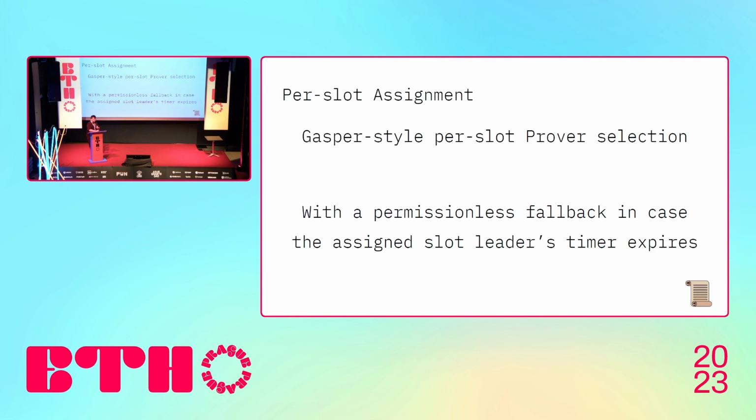Whereas for us, if you miss your slot and don't submit a proof, then essentially no other person can submit proofs for batches that are built on top of it, because you would not be able to verify those batches without this batch being finalized. So you need some form of a fallback that allows you to basically have a permissionless system where anyone can submit a proof in case the selected leader does not submit a proof in time.